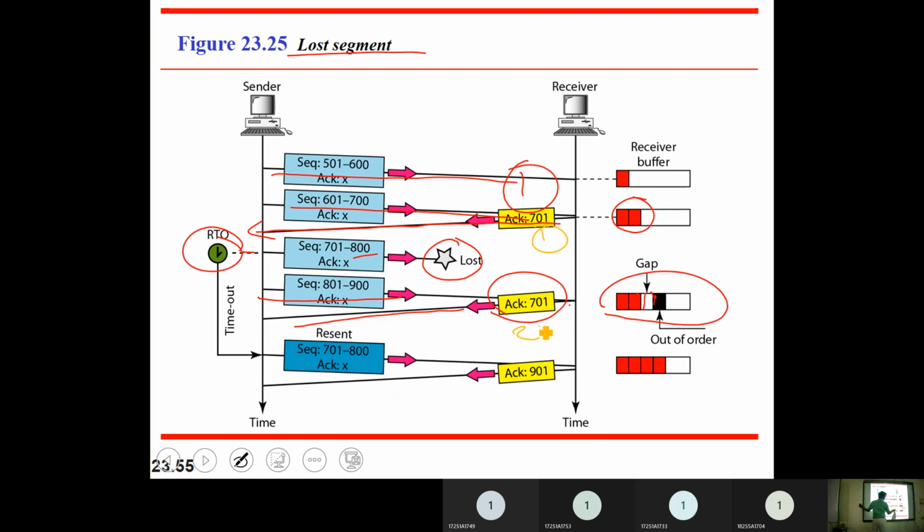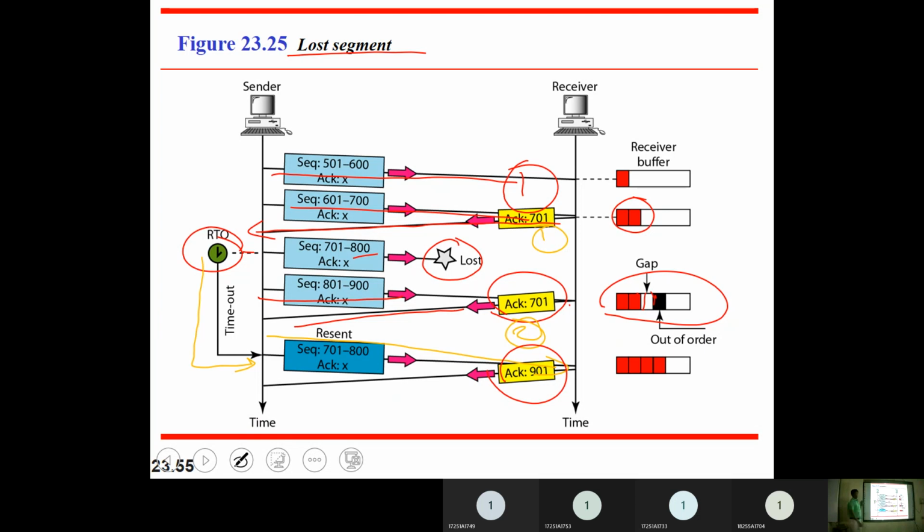This is the first time it is saying, and this is the second time it is saying I am expecting 701. But what happened? I was waiting, and suddenly timeout happened. I did not get any acknowledgement till 800, so I am retransmitting that particular segment. Then I got an acknowledgement.